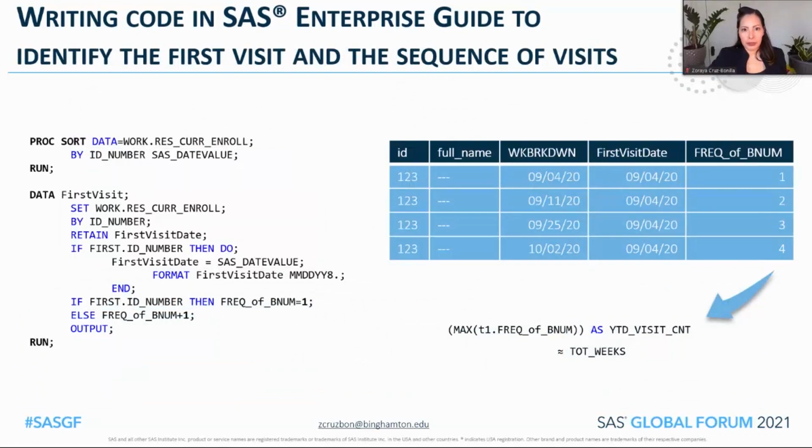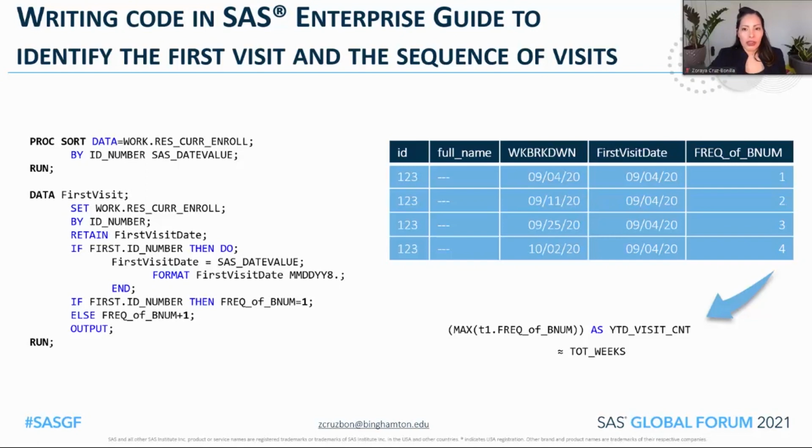In our second example, the goal is to scrape the data for each student's first visit to the food pantry. After the data is sorted by ID number and then by the timestamp on the submission form, the data step creates the first dot variable, which is one of two temporary indicator variables stemming from the by group. It names the new column first visit date and assigns a format of 2-digit month, 2-digit day, and 2-digit year.